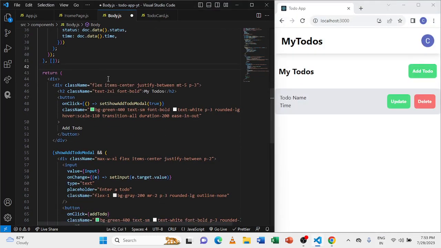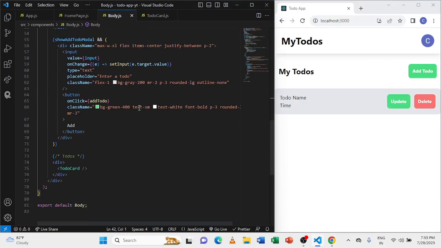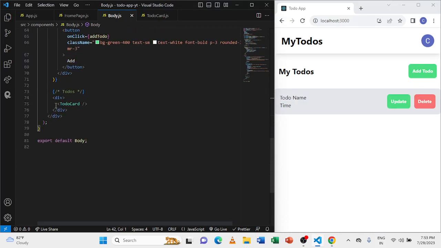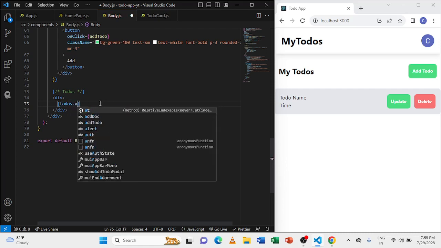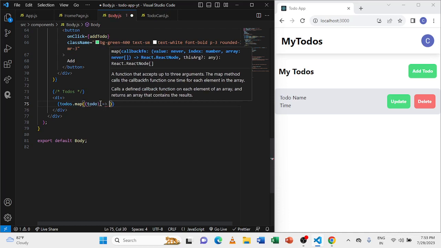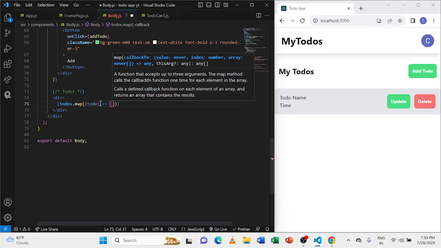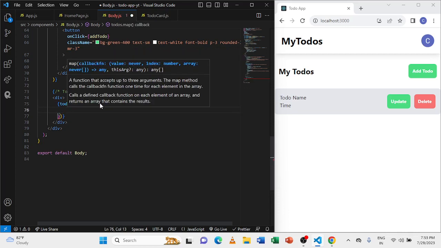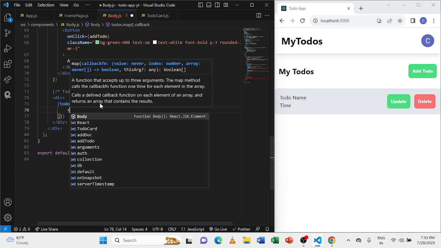So we are getting our data, we have a database now. Instead of displaying a static to-do card here, what we can do is use JSX, and we can again loop through all our documents that are returned from the database. So I'll say to-dos.map, sorry, map through each to-do and return implicitly. For implicit return, you need to use parentheses, which will directly return something. So I'll return a to-do card